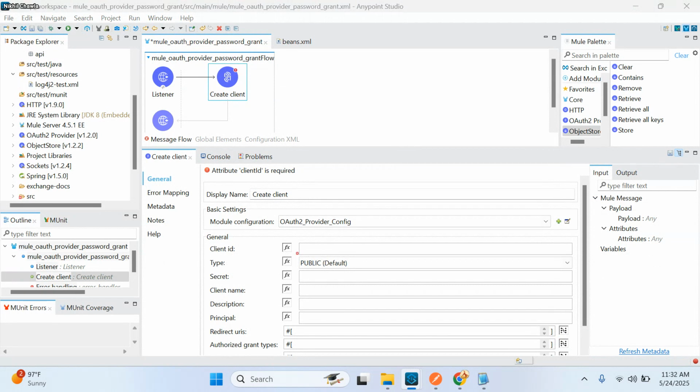Now comes the part to configure how we will be giving the values through the API call. Where would the client ID be coming in from, where would the secret be coming in from, where would the client name be coming in from, so that this module understands from where it has to fetch all these things. So for the client ID part, I'm saying